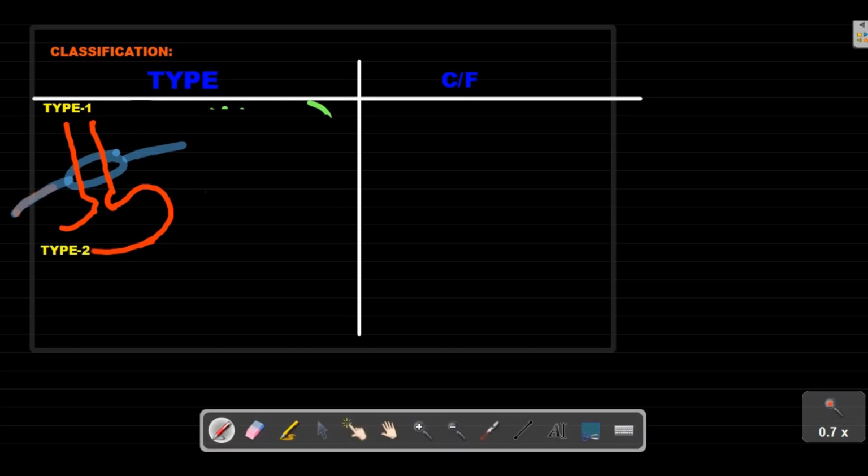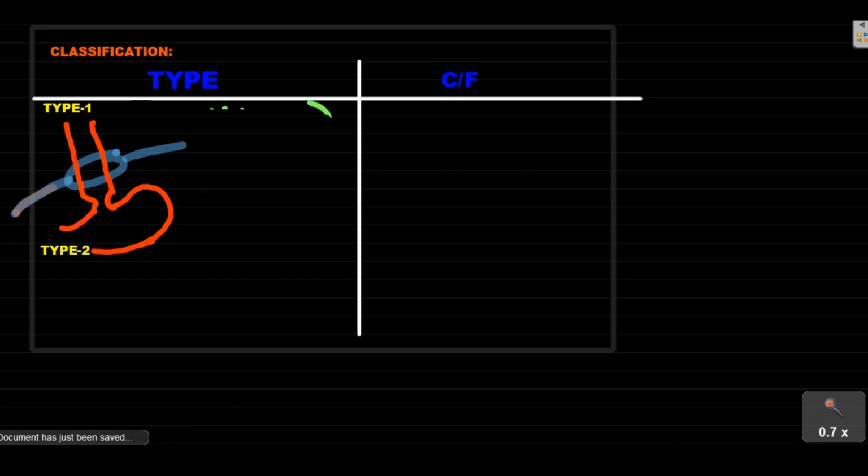Now, what I want you guys to remember is that when the esophagus passes through the hiatus, there are actually certain membranes which are coming out of the diaphragm and keeping the esophagus in place. These in green are the membranes which are keeping the esophagus in place. We call these membranes the phrenoesophageal membrane, and they are responsible for keeping the esophagus in place when it passes through the hiatus. Now, in type 1 hiatal hernia, there's some sort of defect with this membrane, which now makes the esophagus mobile.